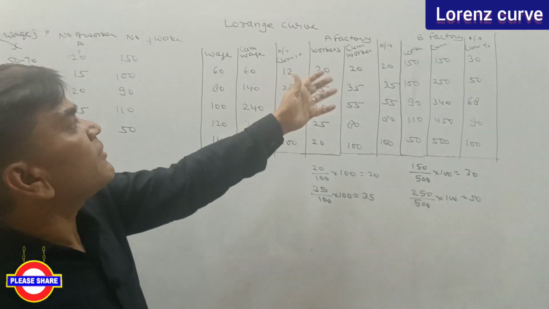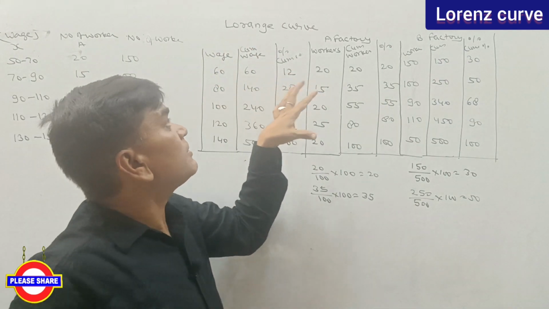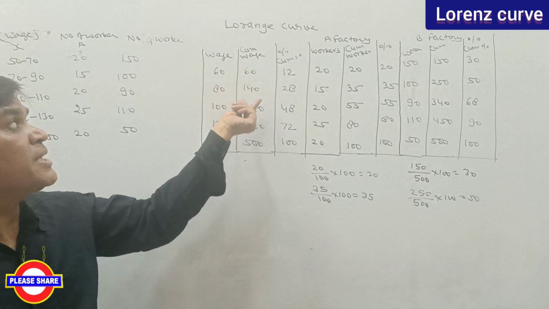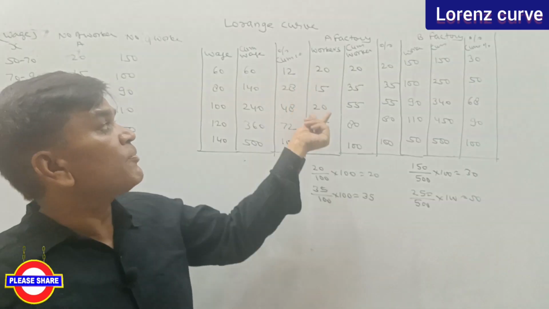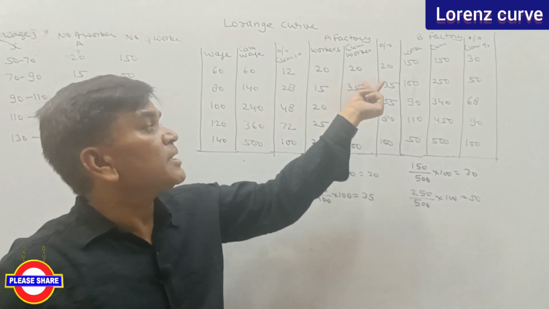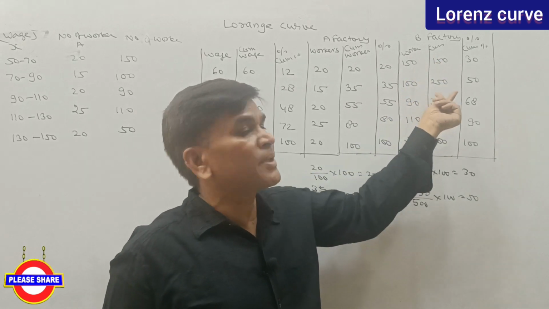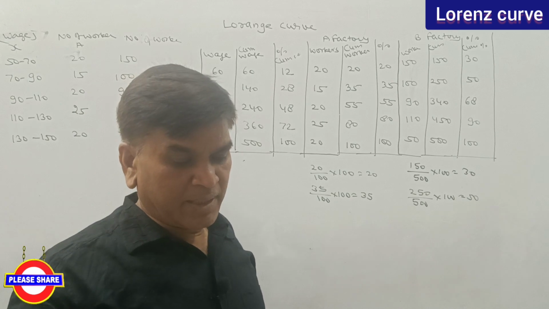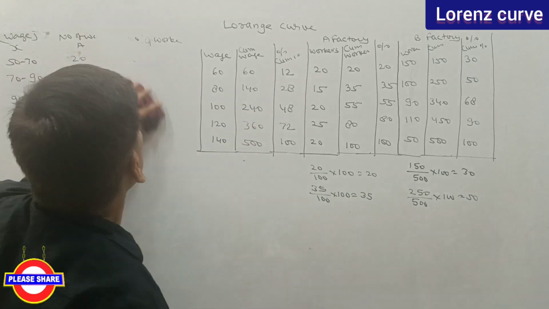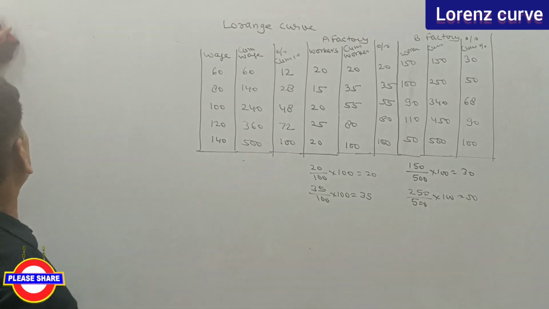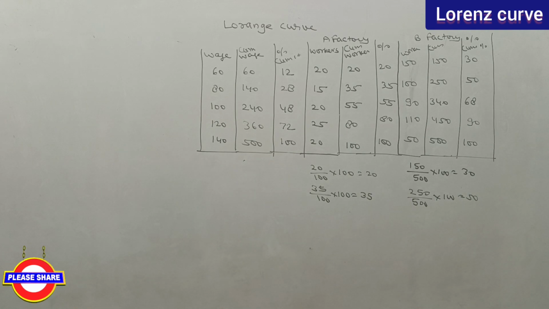So similarly, for the preparation of the Lorenz curve, the very first thing is to take the mid value of the wage, cumulative wage and cumulative percentage, the number of workers, cumulative frequency of workers and its percentage, and the number of B factory workers, cumulative number of workers and its percentage. Now, with the percentage wage, we will make a graph, and this graph is treated as the Lorenz curve. First I have to see where the graph lies.